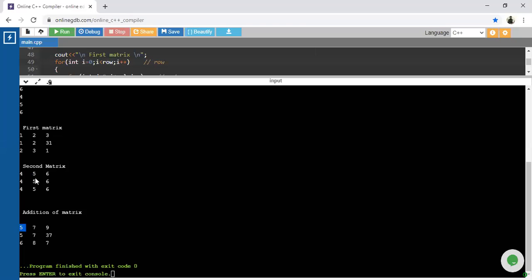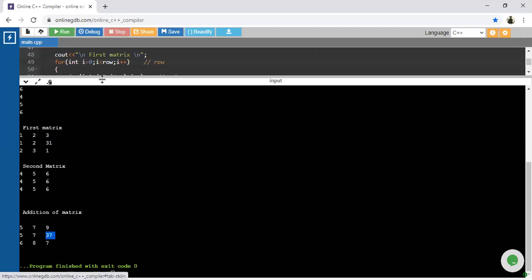Similarly 2 plus 5 is 7. 3 plus 6 is available inside this matrix. For this one, 31 plus 6, what is the expected output, guys? 37, which is available inside the third matrix. So this is related with addition of matrices.